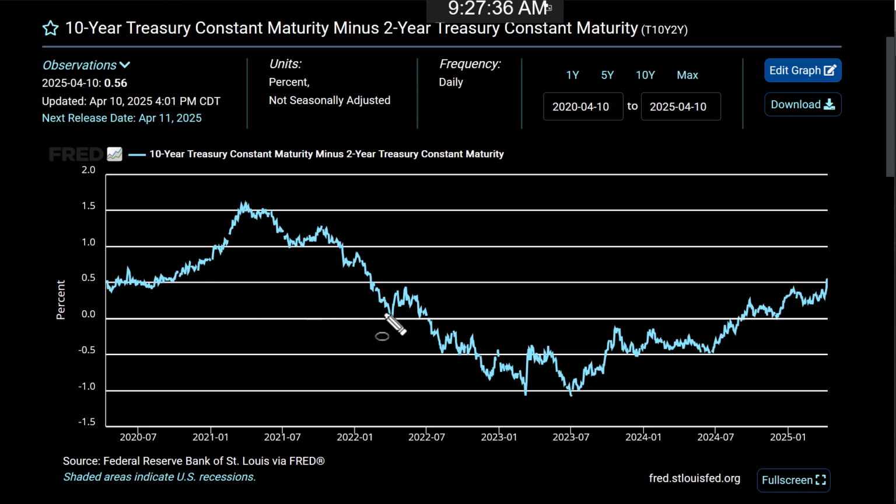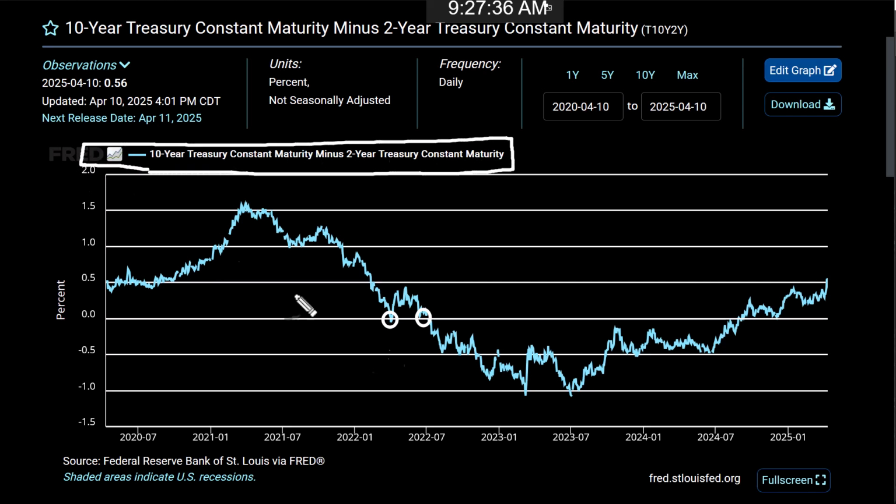It's the initial inversion that gets your attention. It's the re-inversion where the chaos can begin. And you can see it was very much what we saw in 2022. Now, there are many different maturities that can invert, but the most popular is the 2 and 10. So I don't get too carried away with other inversions. The most important, the most well-watched is the 2 and 10 year.